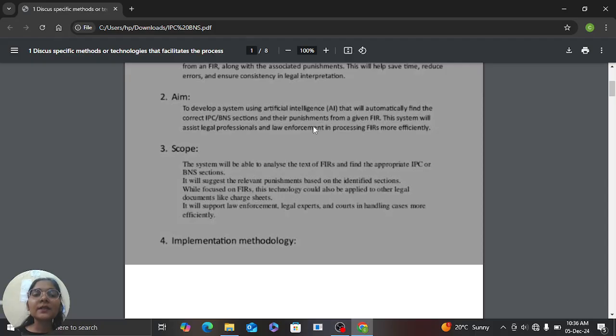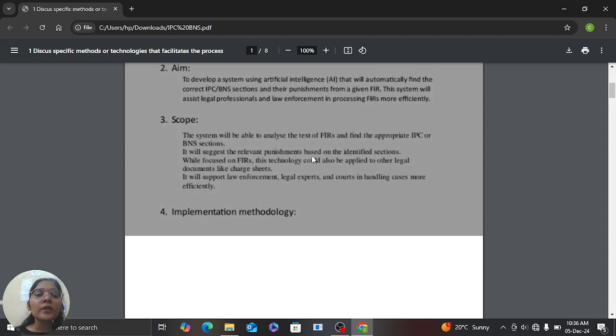This system will assist legal professionals and law enforcement in processing FIRs more efficiently. It will automate the whole process, by which human error can be resolved, and it will be time efficient